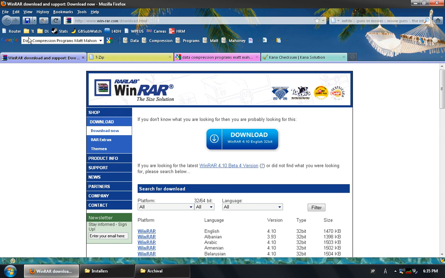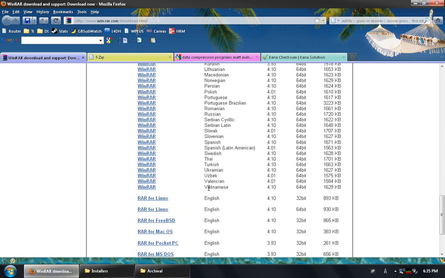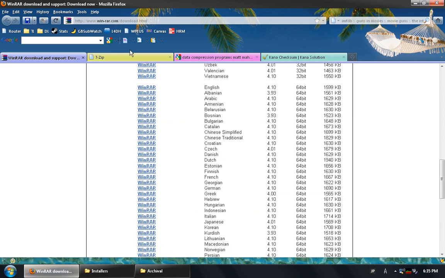Simply typing in its name into the Google search bar, or you can just go to their website, will take you there. And on the download site, the version that you would probably want to use, instead of clicking the first English version here, which is a trial version actually, you want to scroll down into the language versions and find English near the top, English 4.10, and when you've installed it,